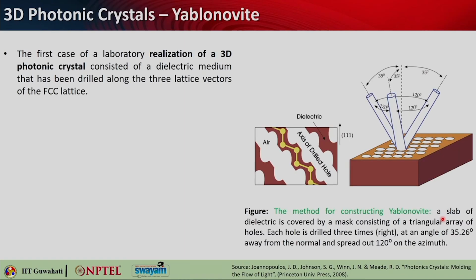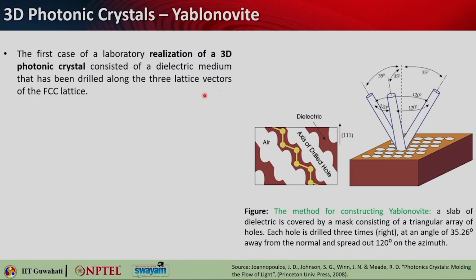Now, let me show you the first ever laboratory realization of a 3D photonic crystal. It was basically a dielectric media that has been drilled along the 3 lattice vectors of the FCC lattice. So, this is how it was drilled. You have to understand that it has to be material and air not only in one direction along X, Y